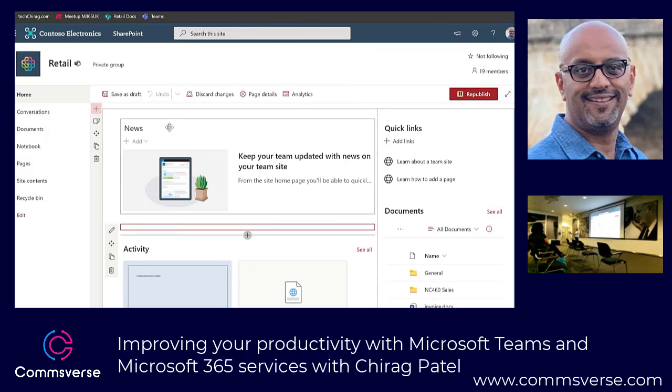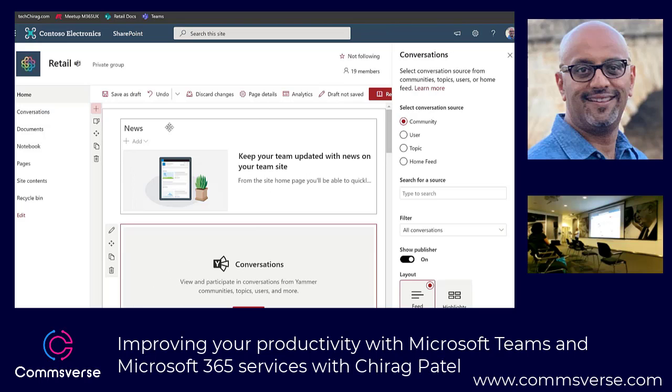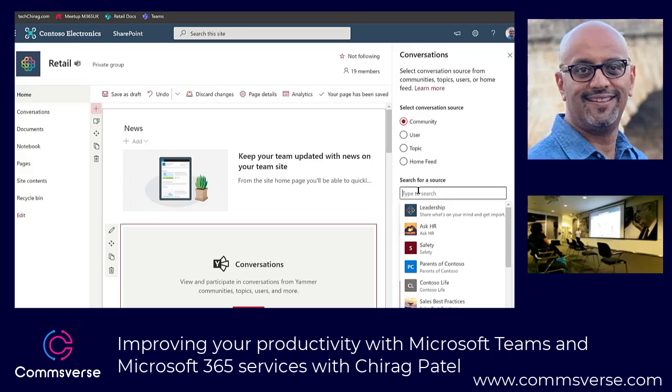So if I click on the conversations, then within that, I've got more options, either to bring the entire home feed, which is personalized to the groups you're a member of, or you can then display that by a particular user, CEO or anybody else, or just the entire community itself. So again, if I go to community, without searching, unlike in Teams, I have to tap in here. It's just basically detecting based on my login. So that I can go and pick safety, for example,